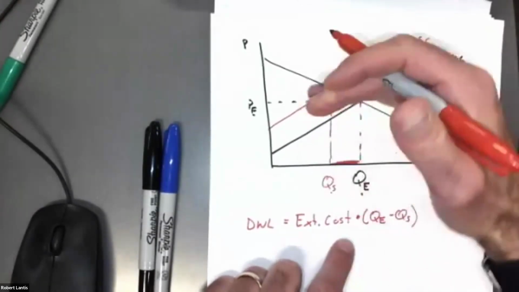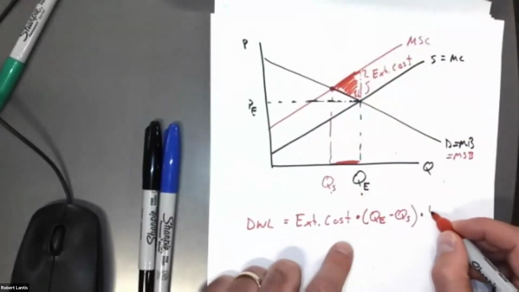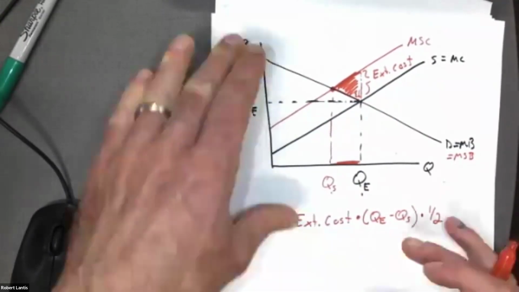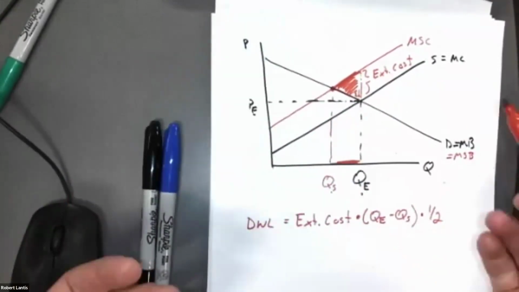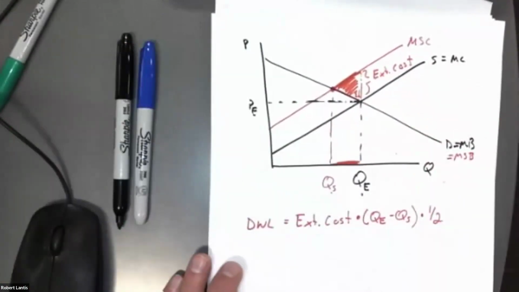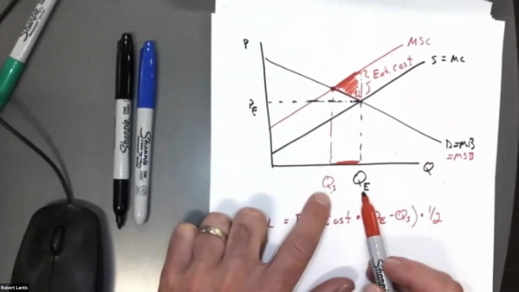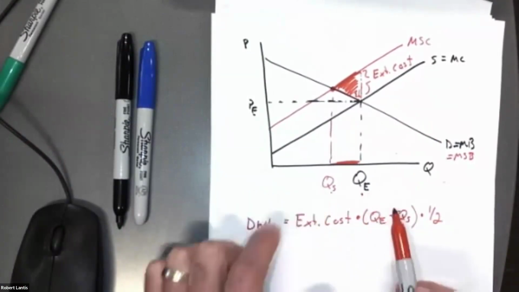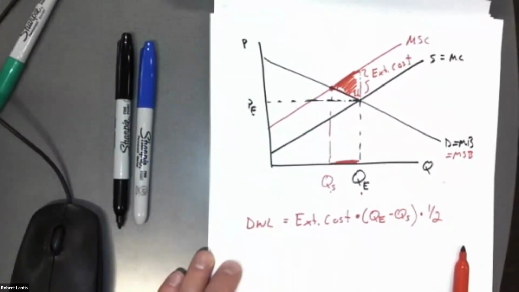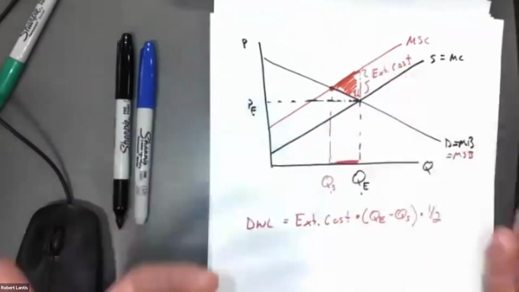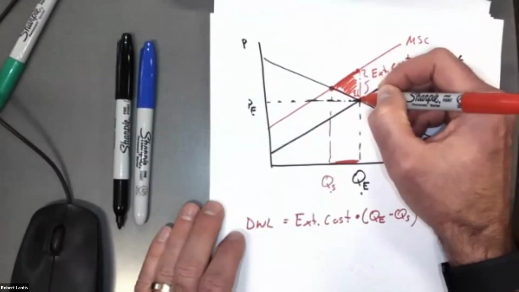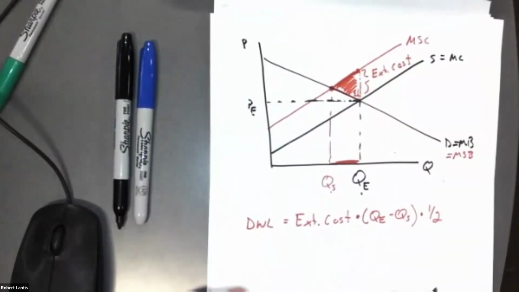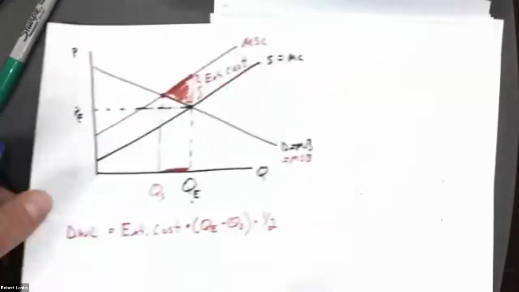And then it's a triangle, right? We have linear supply and demand, so multiply by 1/2. Okay. So even without the grid lines, if I told you what the external cost was, and you could identify what the socially efficient quantity and the market equilibrium quantity are, you could actually calculate deadweight loss. Now, if you have the grid lines, it makes it a little bit easier because you can find this point and this point. And, oh yeah, the difference will always be my external cost. Okay. Now you could do a very similar thing,